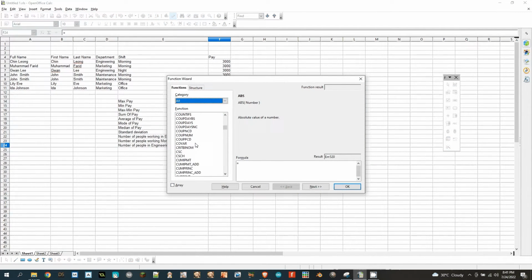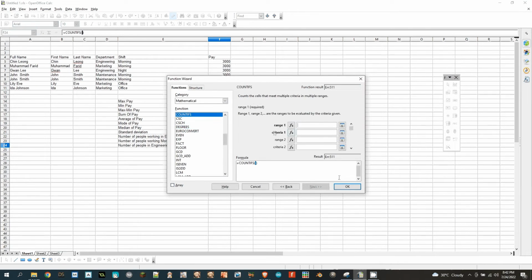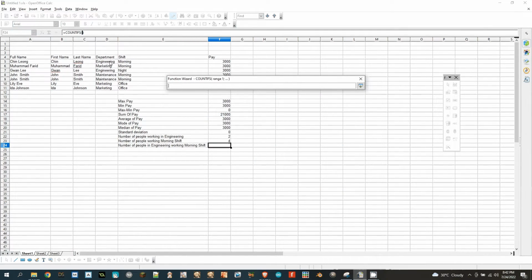Okay, let's go to C, and you can see here, we have COUNTIF, which counts the arguments which meet the set conditions, and then we have COUNTIFS, which counts the cells that meet multiple criteria in multiple ranges. So let's use COUNTIFS. We have 2 criteria, which are working in engineering and working in the morning shift, and we have two ranges, which are the department range and the shift range. When I click COUNTIFS, you can see that it is showing multiple ranges and criteria. For range 1, you're going to select the department range, which is D5 to D11,